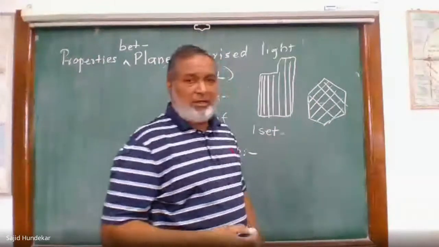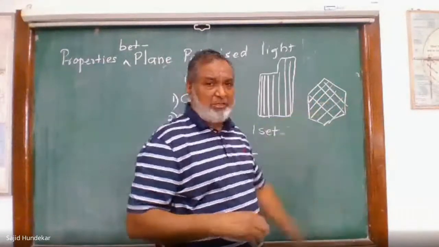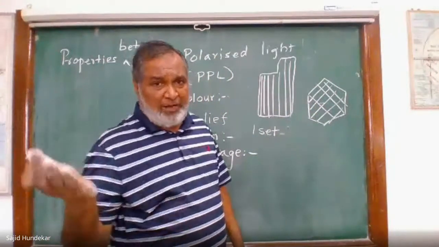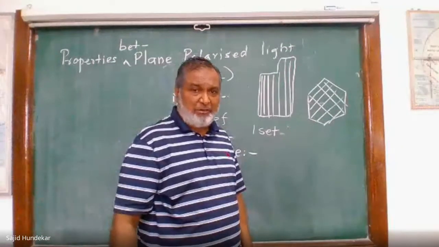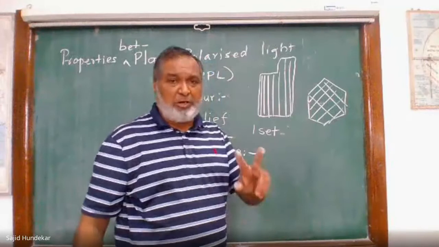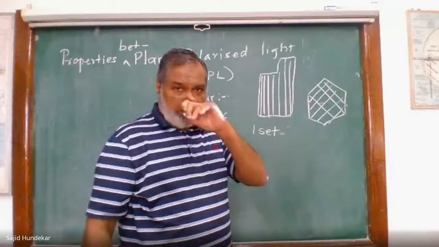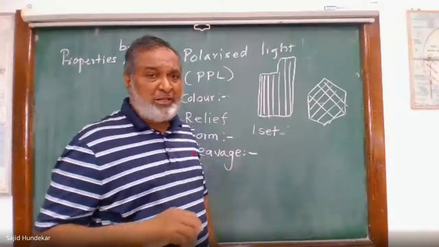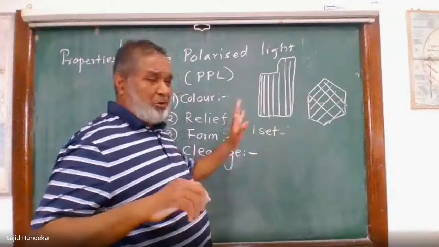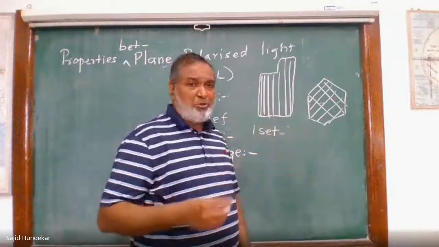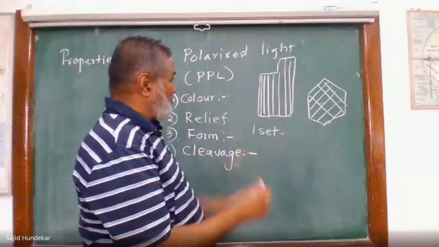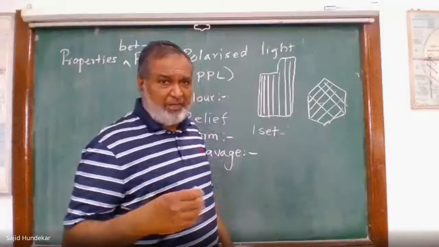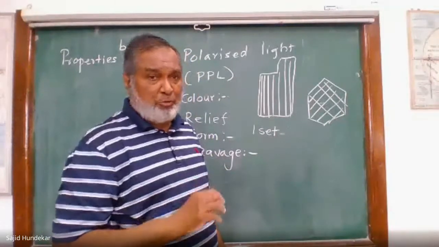Then augite is also showing 2 sets of cleavages. Then there are 3 sets of cleavages, but under the microscope, 1 cleavage will become parallel to the horizontal section, so we are going to see only 2 sets. And due to this change in the relief of that particular mineral, we have calcite, which shows you 3 sets of cleavages. Due to RI change, we have one more property which will be shown by calcite, that is the twinkling. So 1 set, 2 sets, or cleavage will be absent. 3 sets we could not see in the microscope.